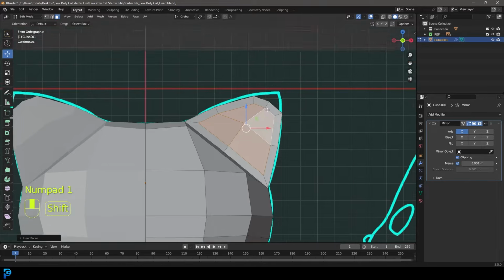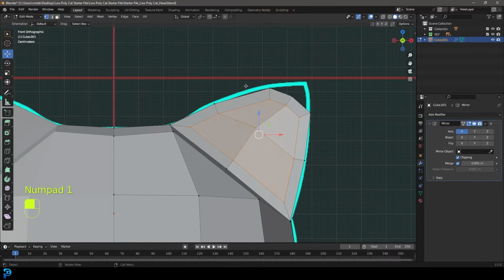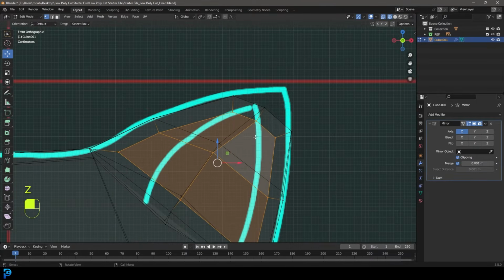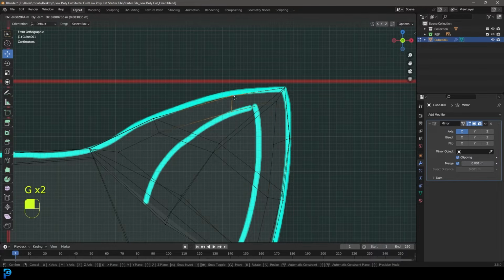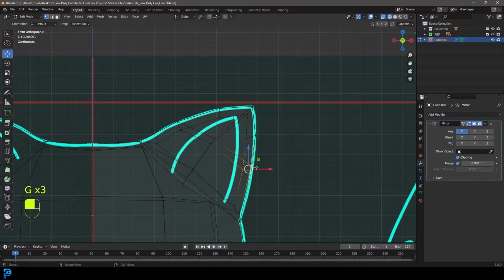Then we're going to go into our front view again. Let's go to our vertex select option, and in wireframe, let's select these verts here at the tip. Let's press G and move them up like so. So at this point, you can select all of the different verts along the edges and adjust them ever so slightly just to get them to match up with the reference a little bit better. You can also, if you want,